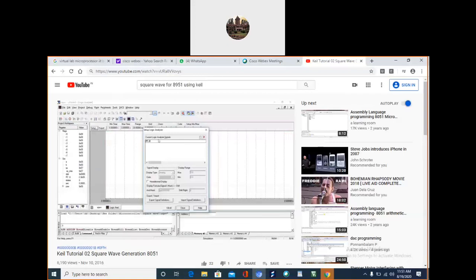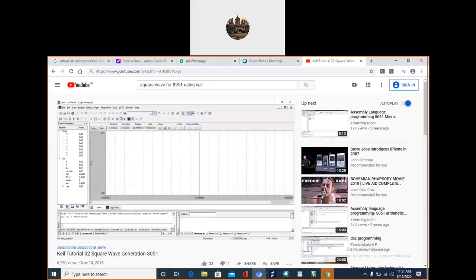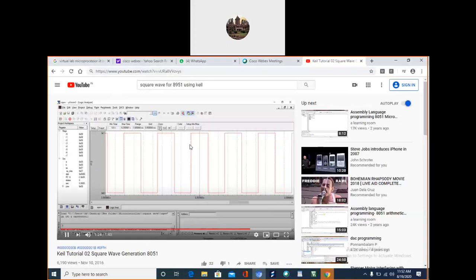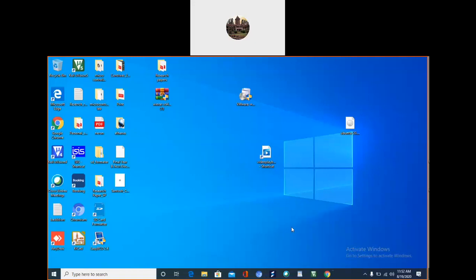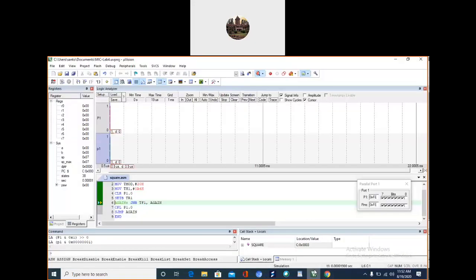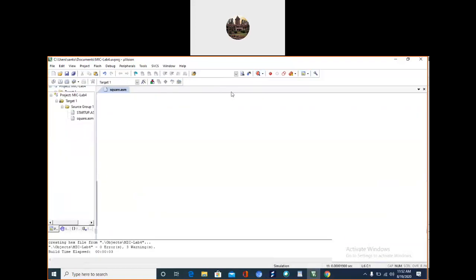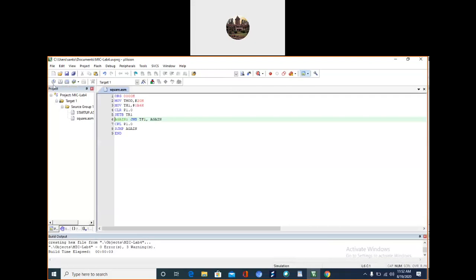P 1.0. Then particular bit is there. Option select. Let us see. This is our file.